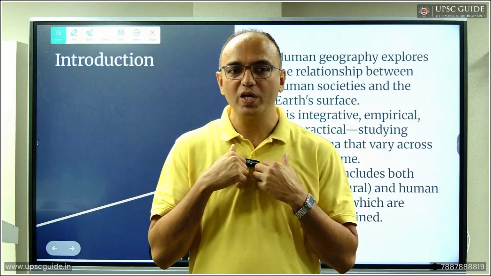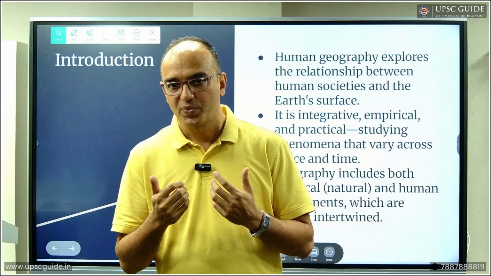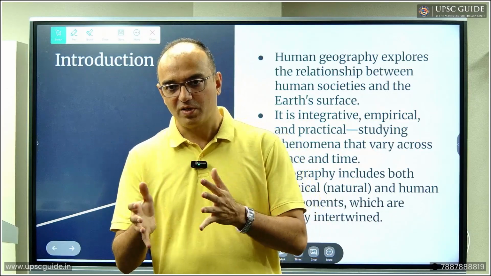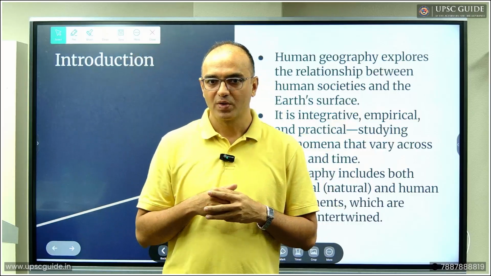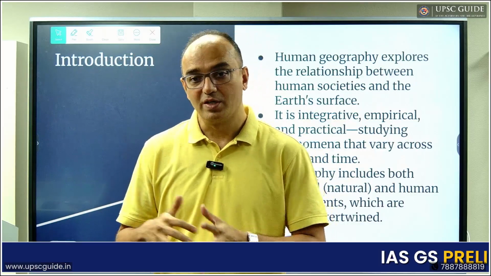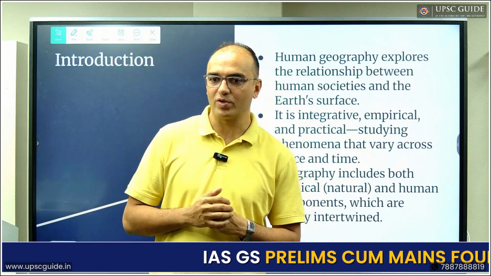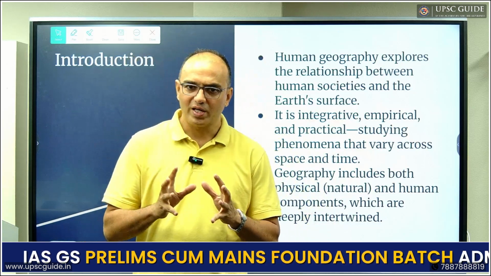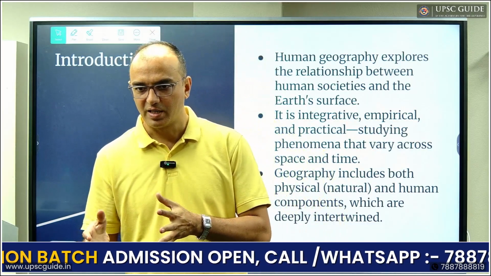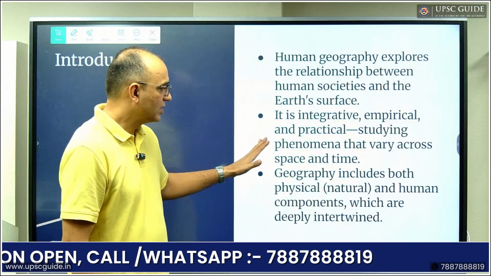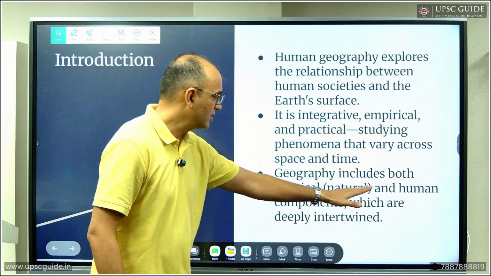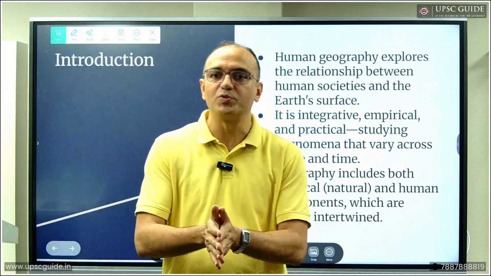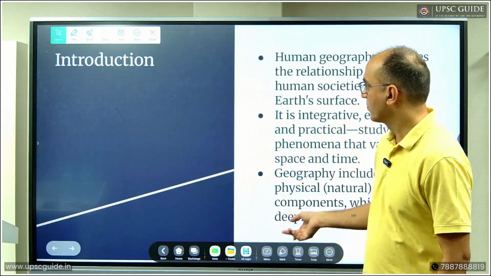Now, for example, how we live with nature is different in South Asia, in Scandinavia, in the Americas, in the Indonesian rainforest, the Amazonian rainforest. Yes or no? So everywhere, human relationship with their surrounding nature is different, right? Across space and time. So geography studies the physical environment, but it also studies the human component in that environment and the relationship between the two. Clear? That is human geography.